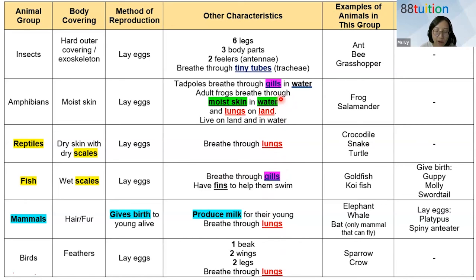Then for frogs, just take note, frogs are very complicated. When they are very young, when they are tadpoles, they breathe through gills. But when they grow into adults, it depends on whether you are talking about being in water or on land. Because frogs can live in water, frogs can live on land. So if it's in